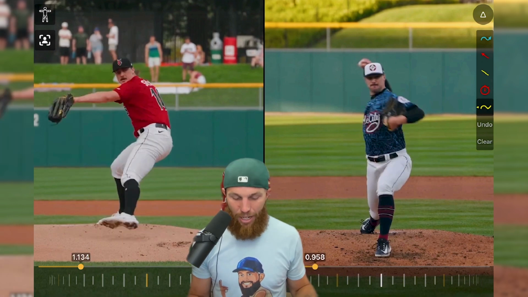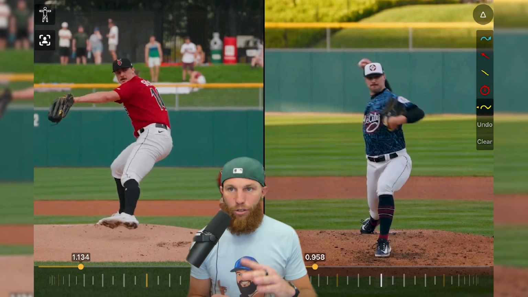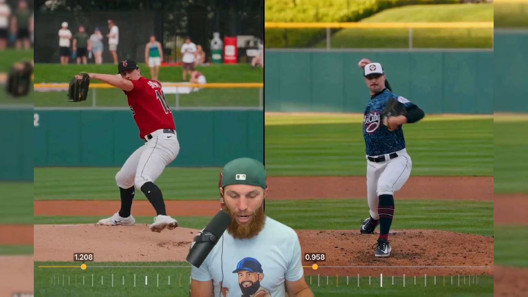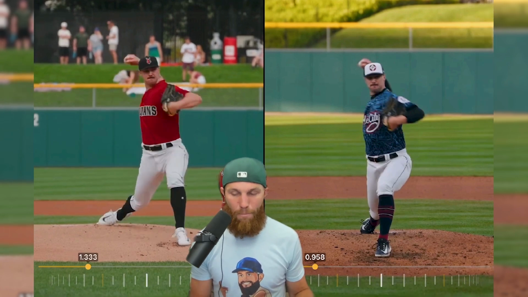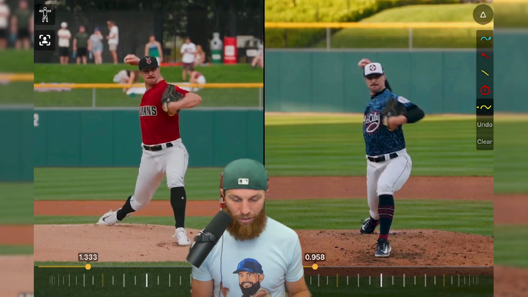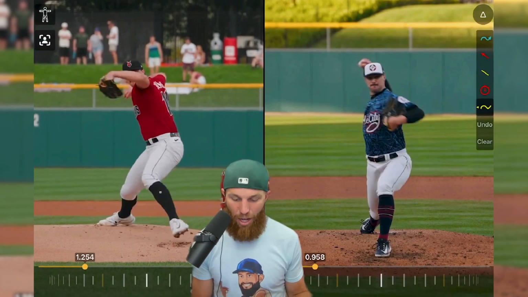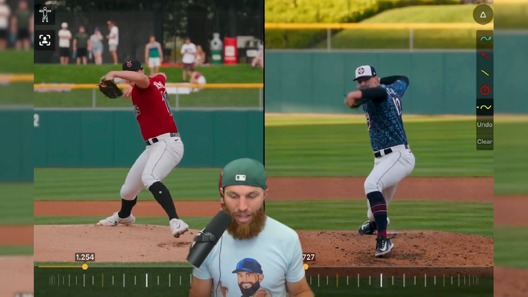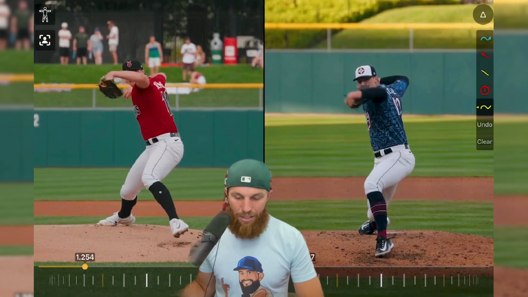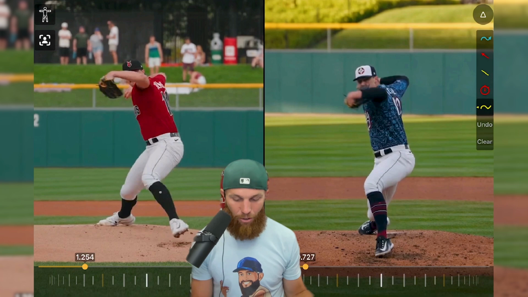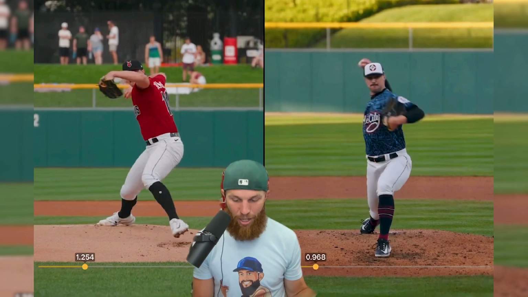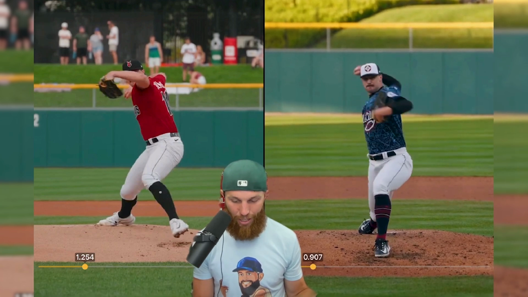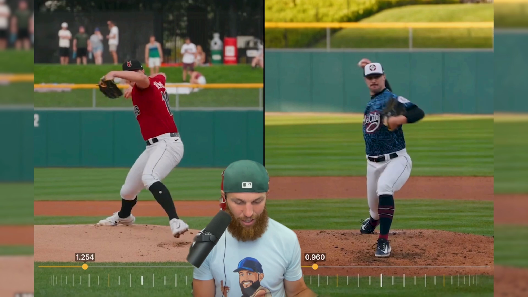What I say about Skenes and why he throws so hard is there are no big breakdowns. There are no major mechanical inefficiencies. There's a lot of things in his delivery. You could talk about how I don't love the way his elbow climbs, because I believe there's something in the scap that we can utilize to propel even greater arm speed. But if you look at the overall positioning and alignments of the kid,